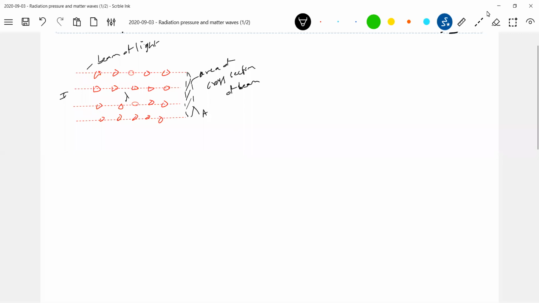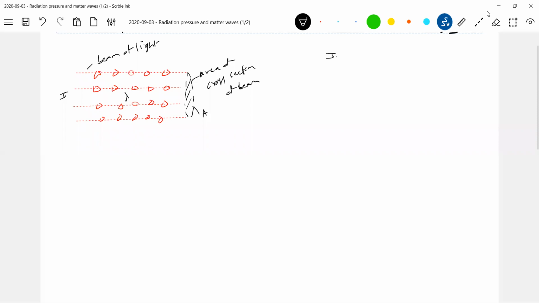For a beam also I brought a formula. Can you recollect here? Basically, the number of photons should be the power of the beam divided by the energy of a photon. Earlier we had power by energy of photon, the same thing. Before that, what is the intensity? I think we should have a basic definition clearly.